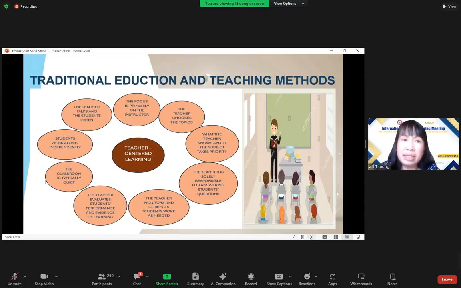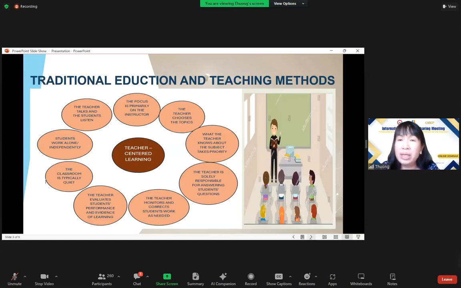So it seems like in the classroom there's only one way to transfer the knowledge, from the teacher to the student. The students don't raise any questions to the lecturer or the teacher, so the classroom is typically quiet. This is okay in the traditional culture and society, because even if the students only get the knowledge from the university, from the lecture, after graduating they can get a job.